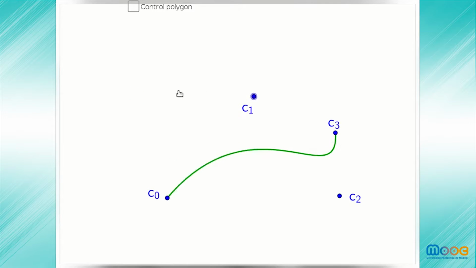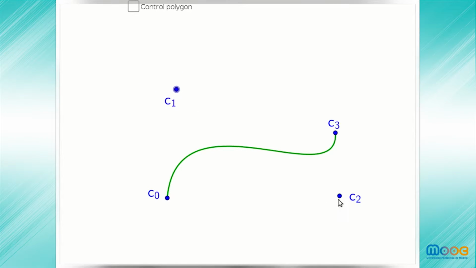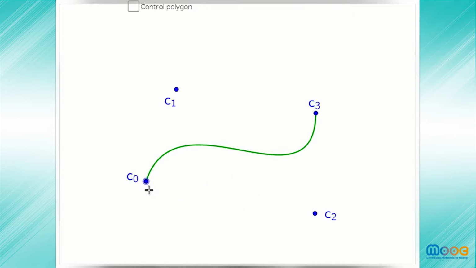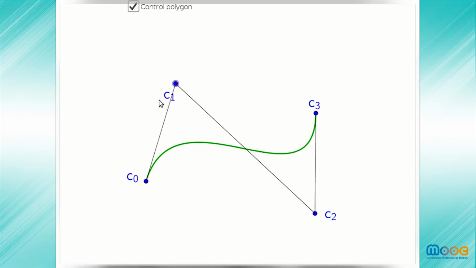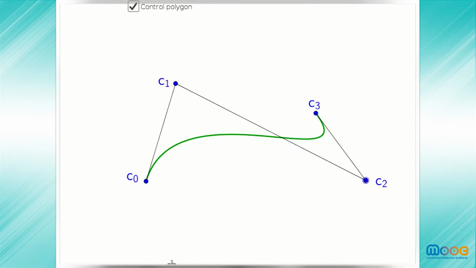On the screen we can see the control polygon of the cubic Bezier curve, and we can see how it moves when we move control vertices. The whole curve moves, but mainly near the control vertex we are moving. Even when we move the vertices, it always starts at the first control vertex and ends at the last control vertex. And always, even when we move the vertices, the curve is tangent to the first and last edges of its control polygon.